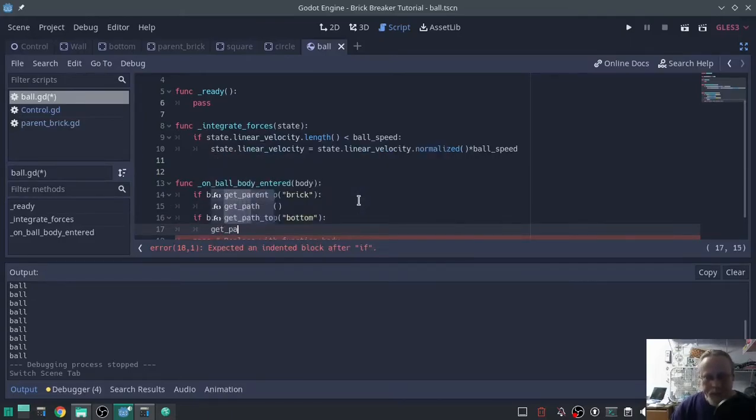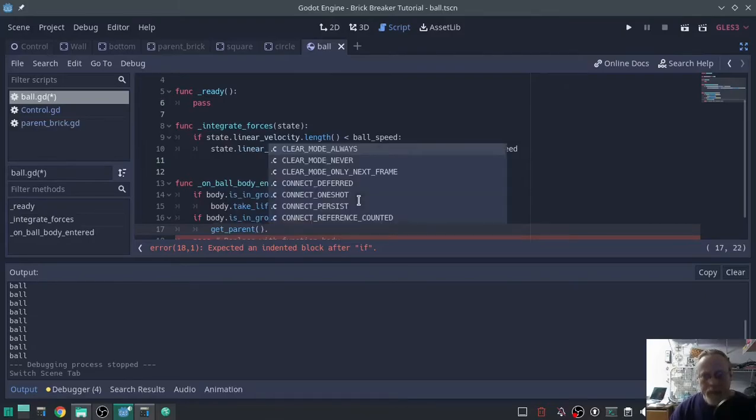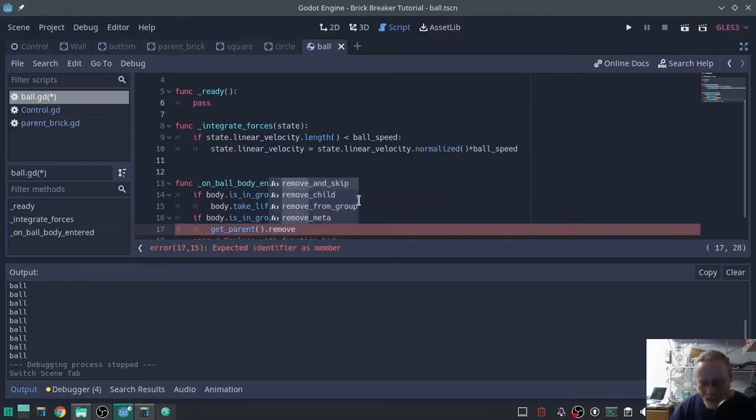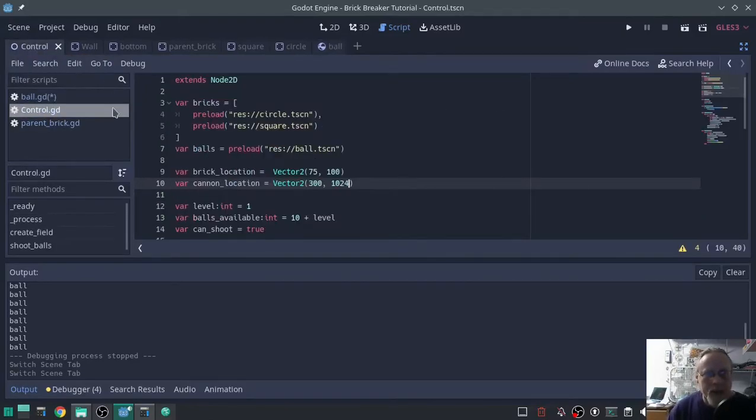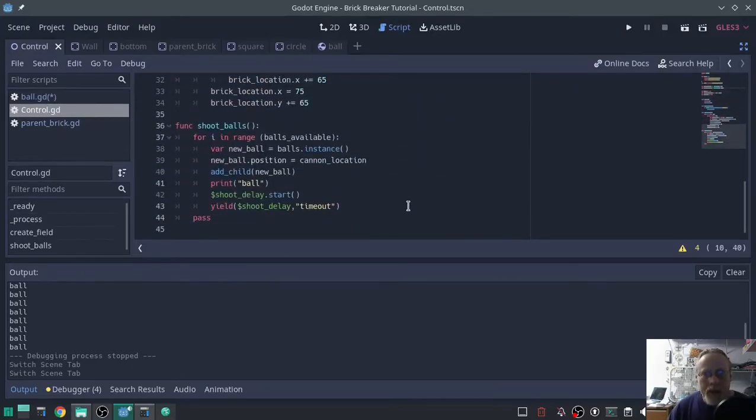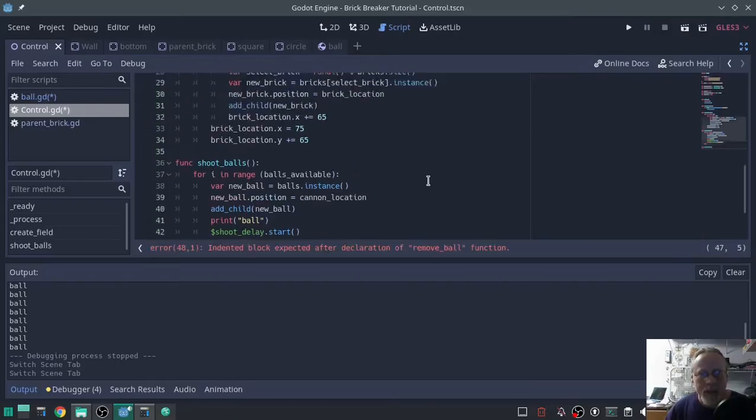get parent dot remove ball and queue free. Now, get parent remove ball puts us back in control, and we need to create a function called remove ball. Func remove ball. And all that's going to do is,